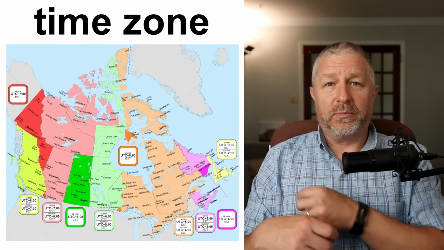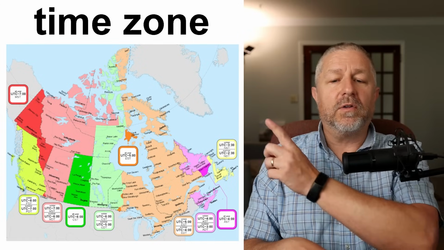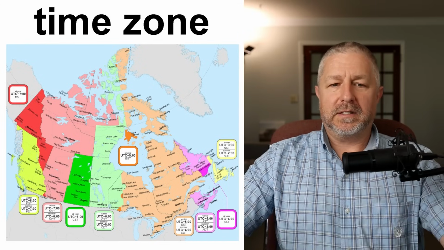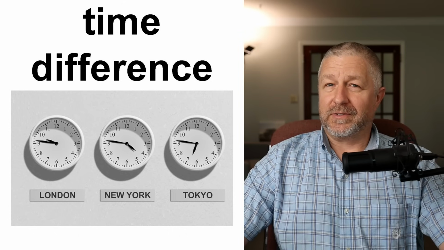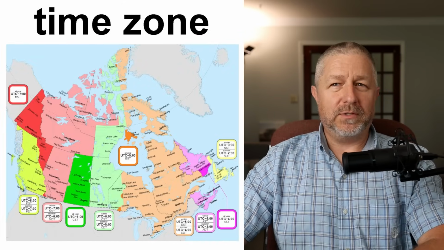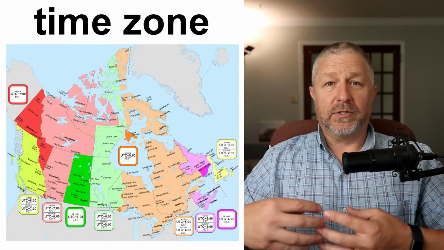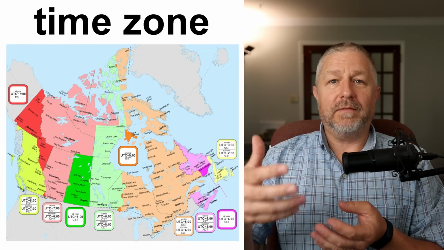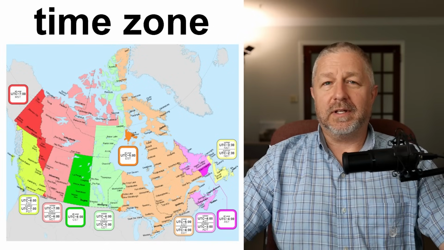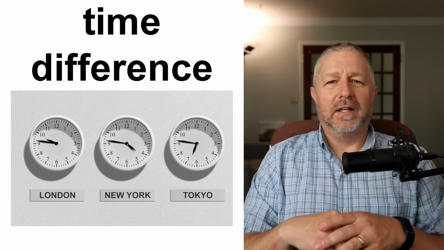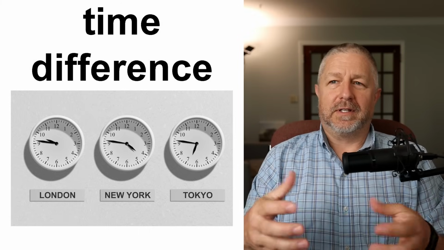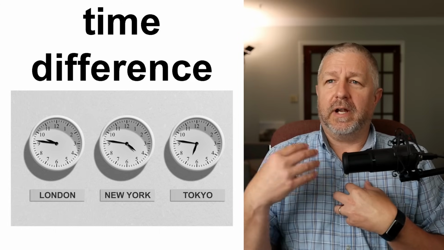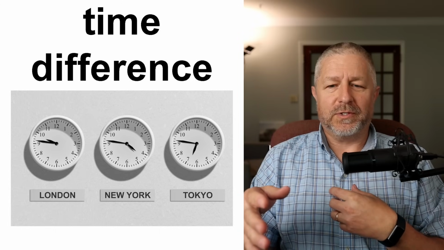A long time ago, my brother-in-law and sister-in-law lived all the way on the other side of the country in British Columbia. And so there was a 3-hour time difference. So when someone lives in a different time zone, there is a time difference. For some of you, it's later in the day than it is here. For some of you living in Europe, it's 5 or 6 hours later because you live in a different time zone. And then, like I said, we often talk about the time difference. You know, what's the time difference between you and me? The time difference between here and France, I think, is 5 or 6 hours right now.